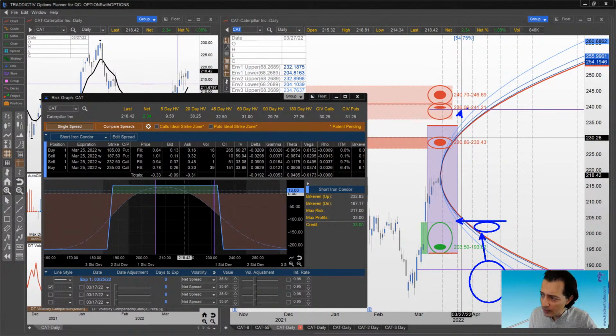Which we normally do only when we are crossing over the purple line, either above or below. Well, guess what? Another reason to do that could be the fact that implied volatility has shrunk. If volatility has shrunk, you are making money beyond the speed of time decay, because you are also making money given the shrinkage of the extrinsic value in the options contracts, and therefore,